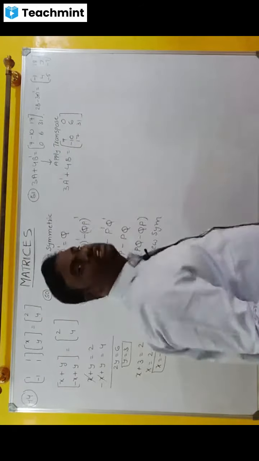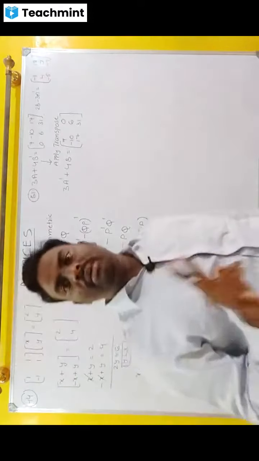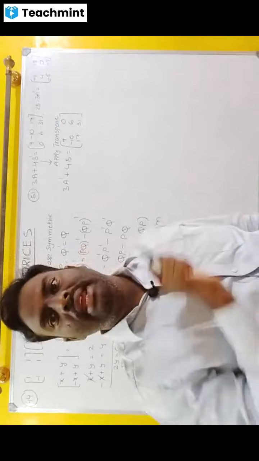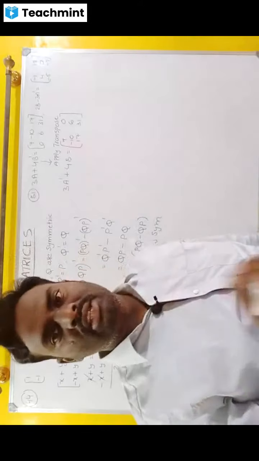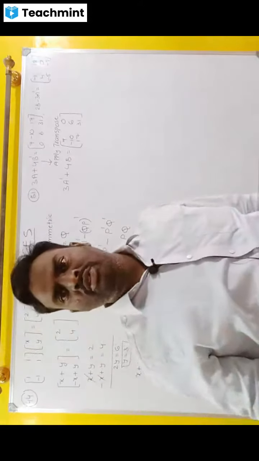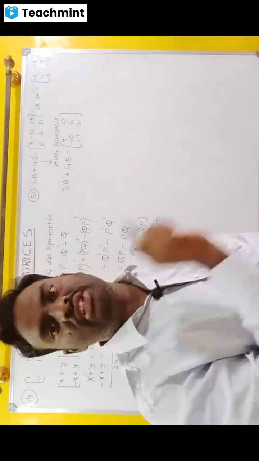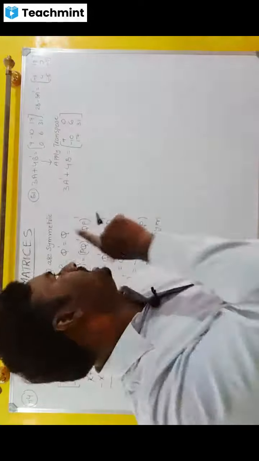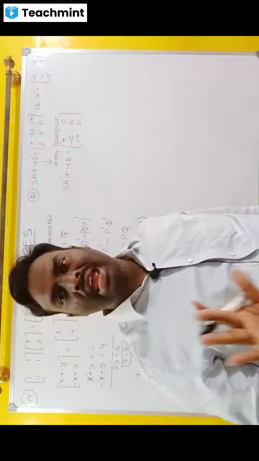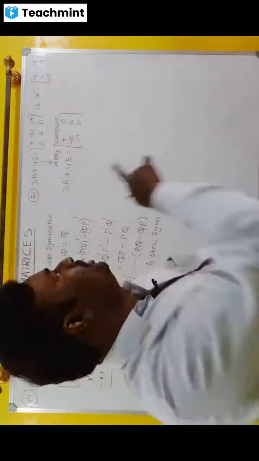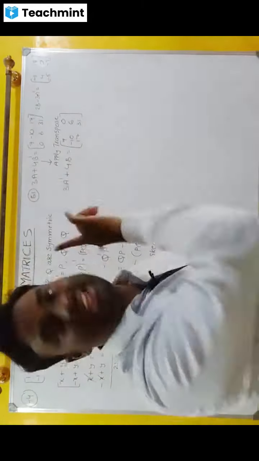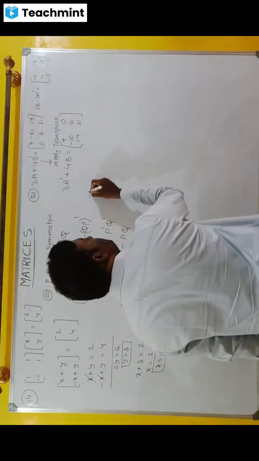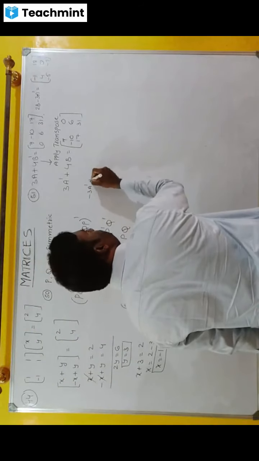All of you listen. Here two conditions are given. From these two conditions, we need to find the matrix B. Direct cancellation is not possible. That's why I am applying the transpose condition for the first condition. Now we got one value. The second one I am not transposing, I am taking it as it is. What is the second one? 2B minus 3A dash. It can be written as minus 3A dash plus 2B.